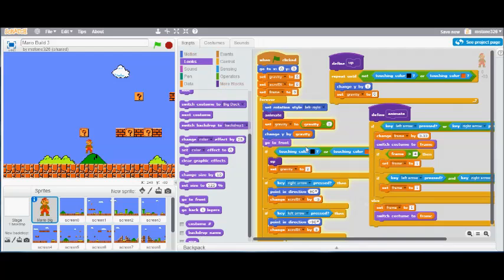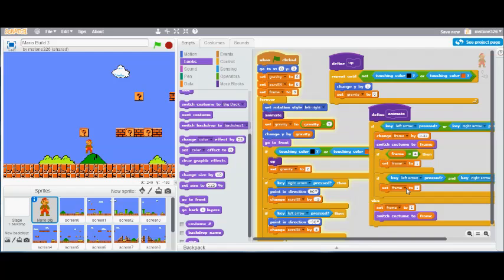And remember, if we change that to 1, then the frame would change at the same exact speed as the next costume would, which is 30 frames per second, which is way too fast. So we slowed it down by just taking a percentage of 1 and then having that repeat until the numbers changed for the costumes. Okay, we also said that if left and right arrow were pressed at the same time,